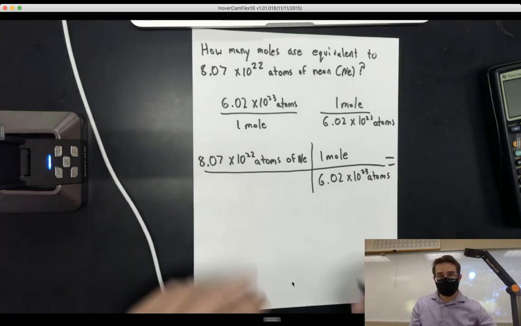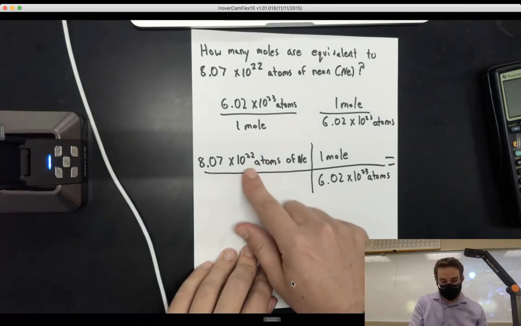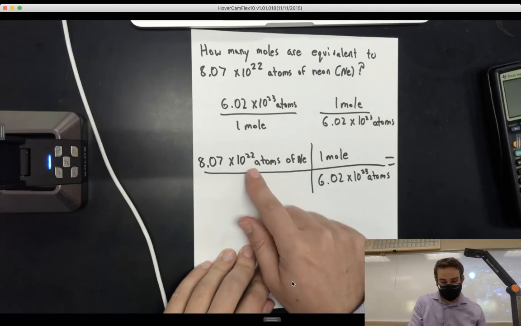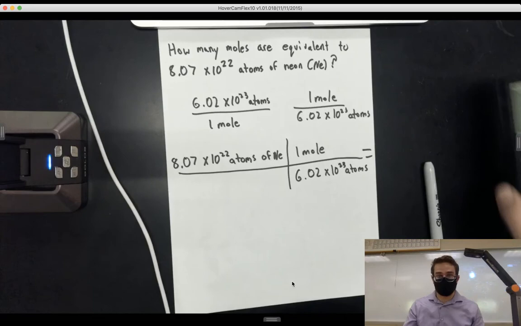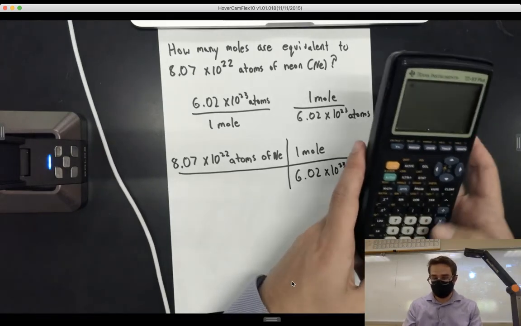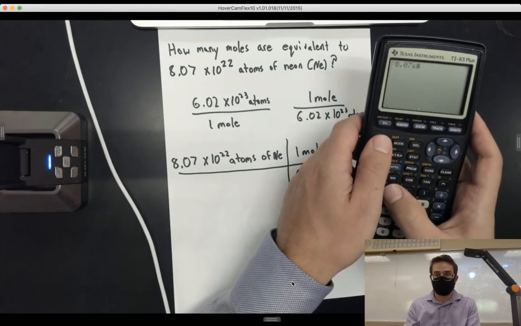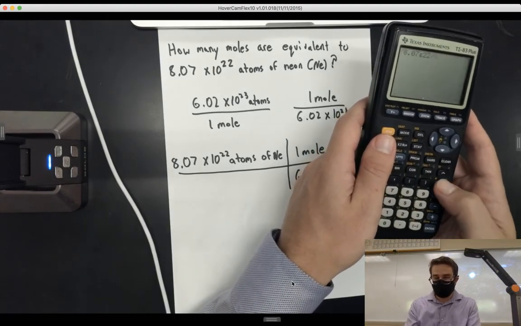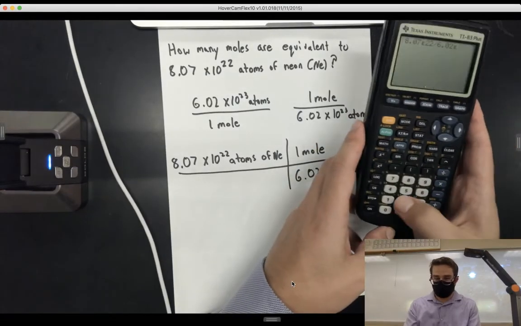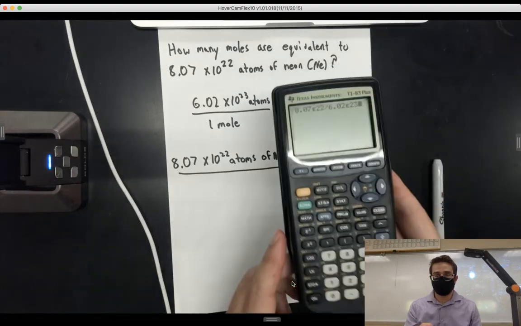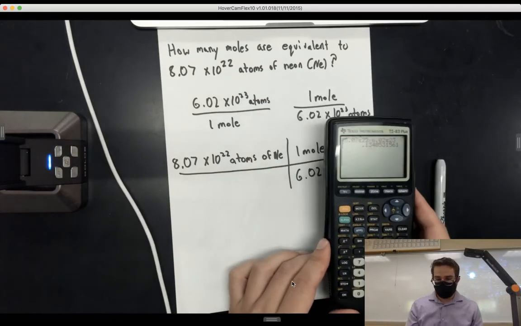And now I simply have to enter this into my calculator. This is division, right? I'm going to end up doing 8.07 times 10 to the 22 times 1. That's just this. And then I'll divide by 6.02 times 10 to the 23. So let me put that in my calculator. I have 8.07, and then I use the E shortcut, so second E, 22, divided by 6.02. I use the E shortcut again, 23, and my calculator reads this as the same operation that I have right here. I get this number,